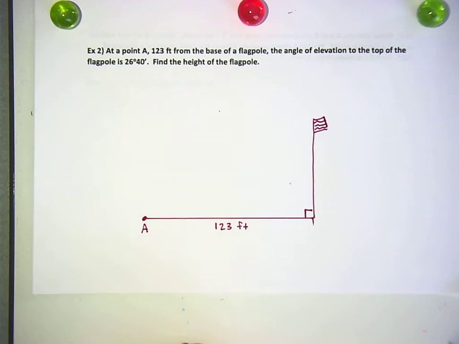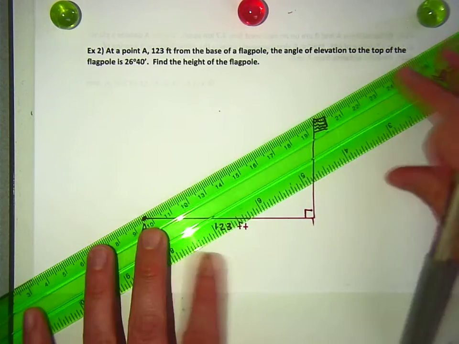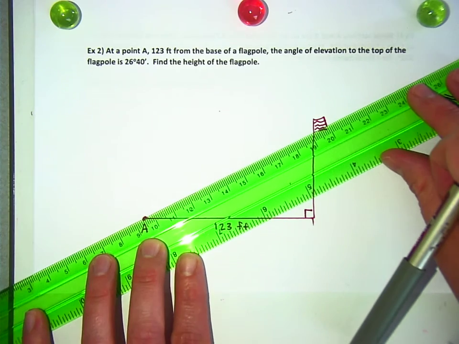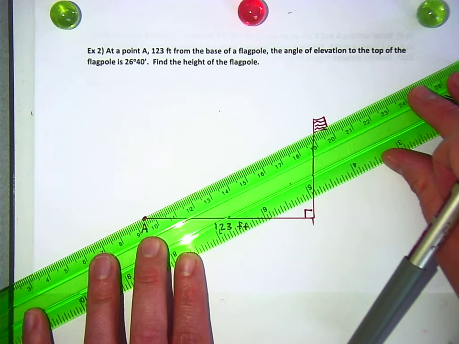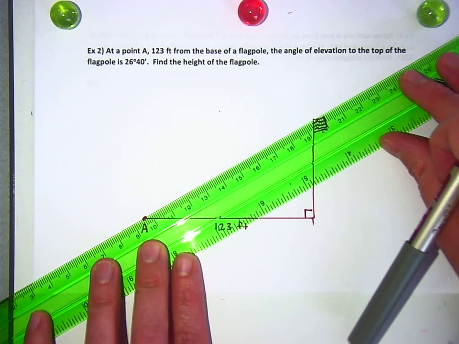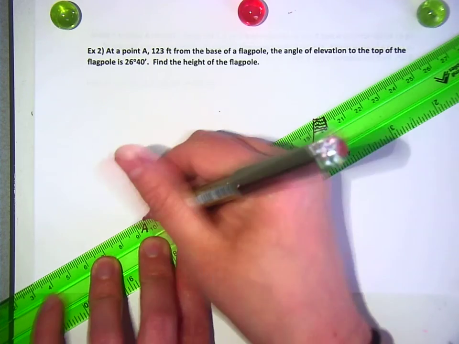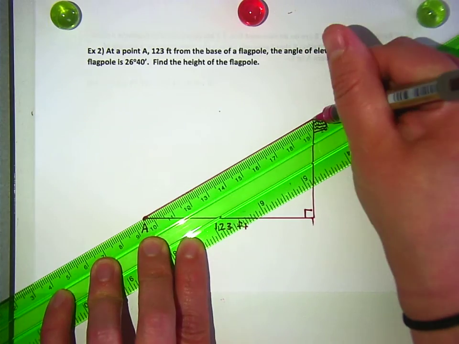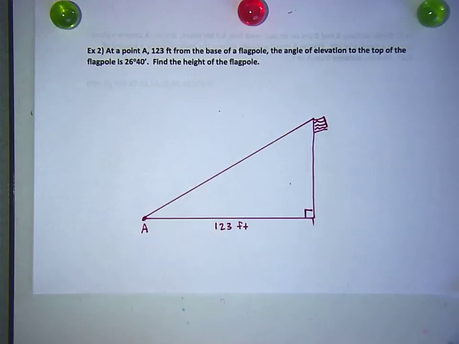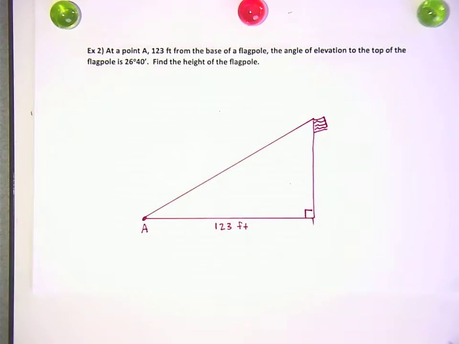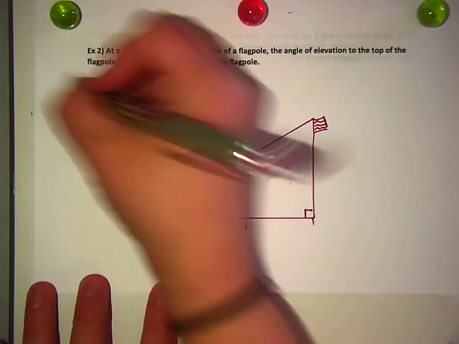The problem says the angle of elevation to the top of the pole is 26 degrees and 40 minutes. Find the height of the pole. Now, anytime they're talking